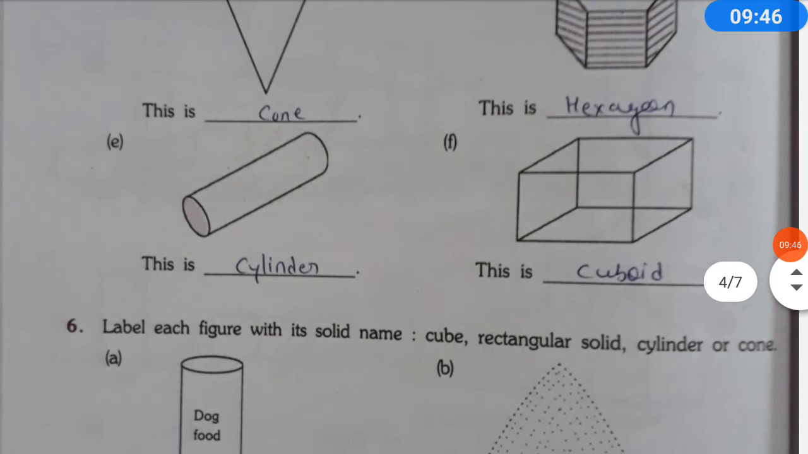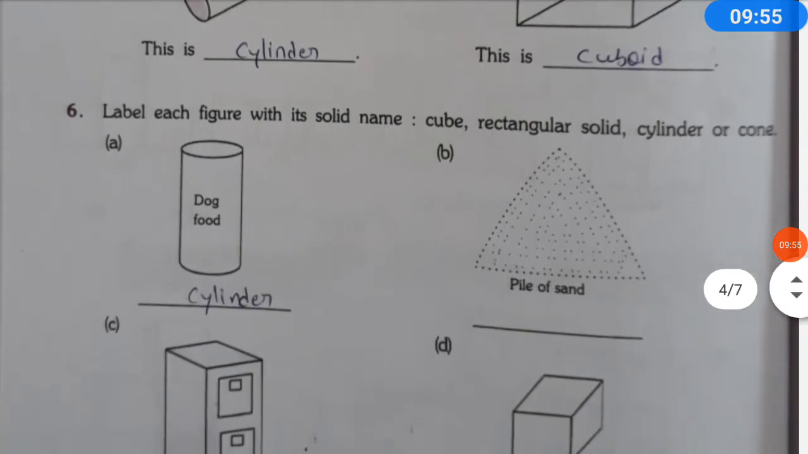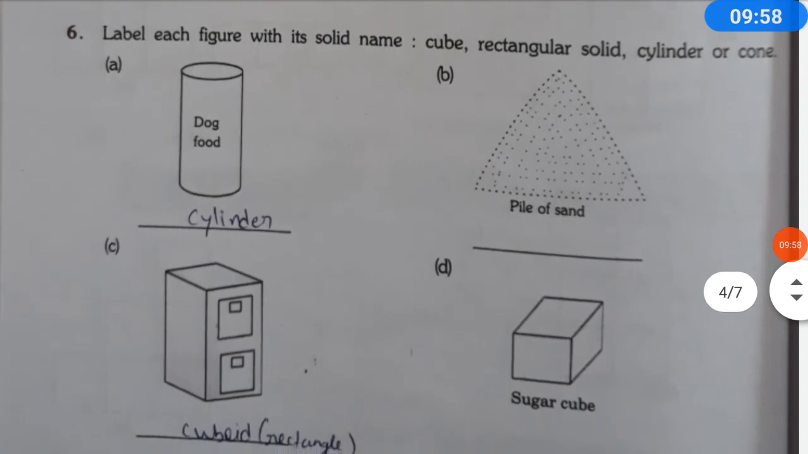E part is what? E part is a cylinder, F part is a cuboid. Clear to everyone? So here we have completed question number 5. Moving toward question number 6, here in this question number 6 it is said that